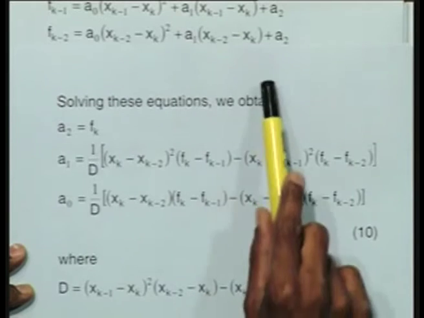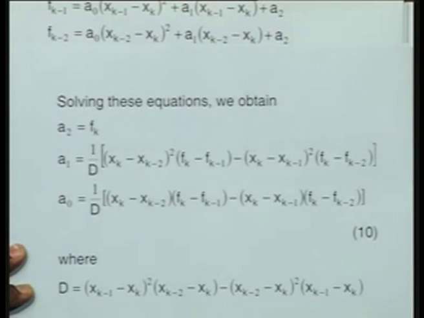If I had taken it as A0 x square plus A1 x plus A2, I will have to solve a system of 3 by 3 equations, and the system of 3 by 3 equations would give me the same solution, but in a different format, wherein I will have to combine the number of terms to get this particular format. But this format you will see later on, we shall be using such an approximation for a polynomial, in general a polynomial of degree n, to find out some other numerical methods also.